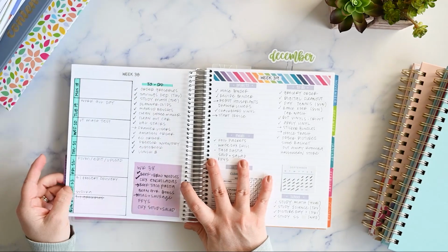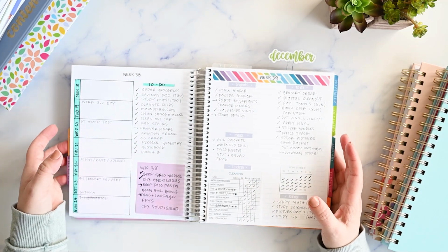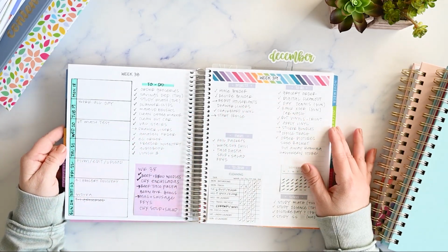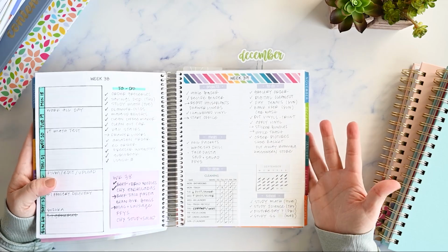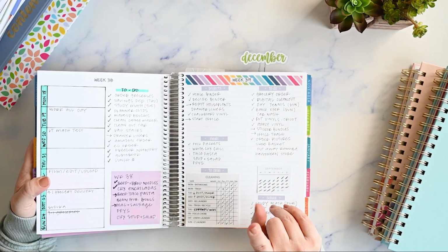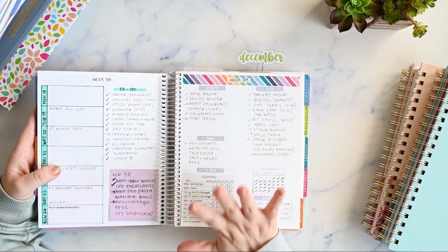I don't mind drawing it out. I do have fun. It doesn't take me a long time, but it would be super handy if it was already done for me and already dated out and everything like that. If by some crazy chance that happens, which the chances are super slim, but I did ask for it in the survey, I would 100% try that layout for my main planner for